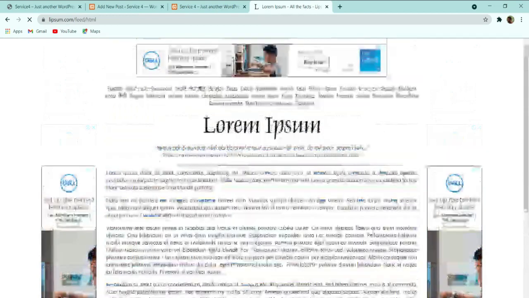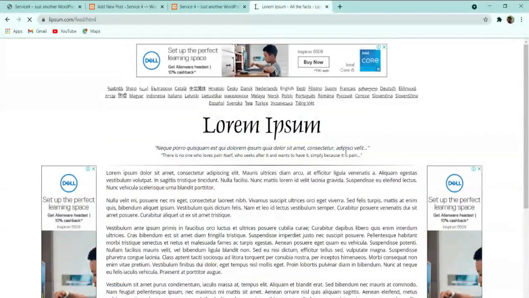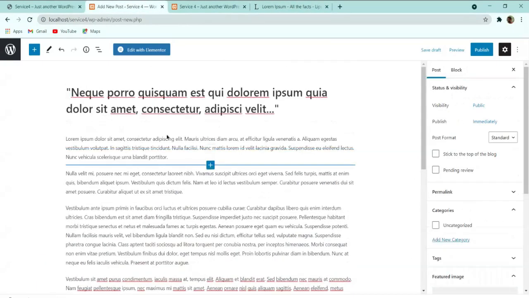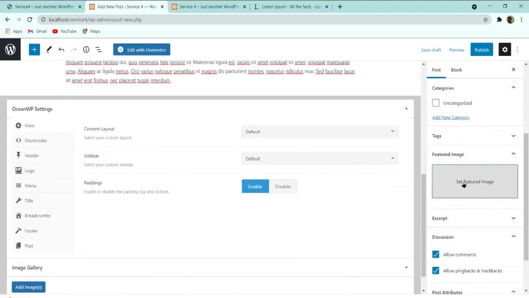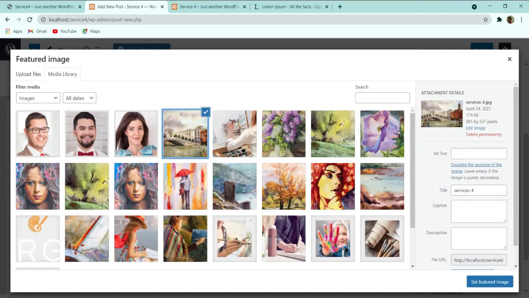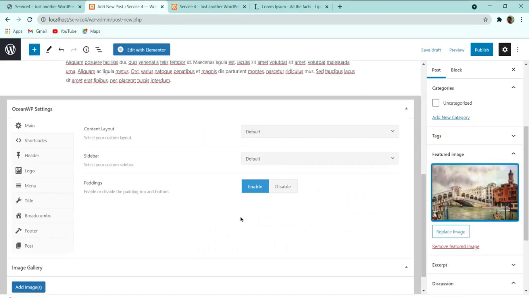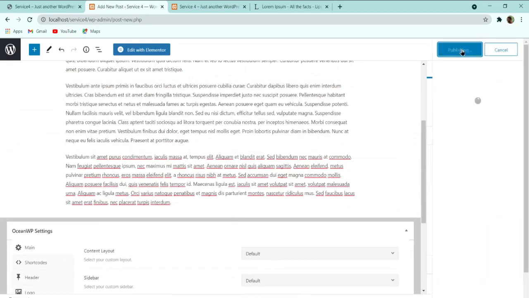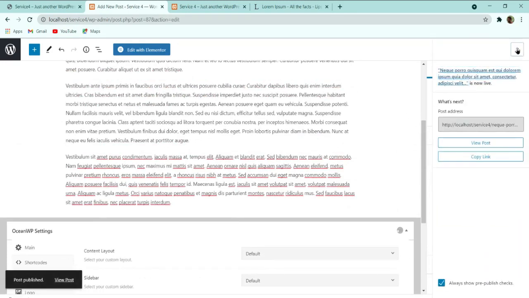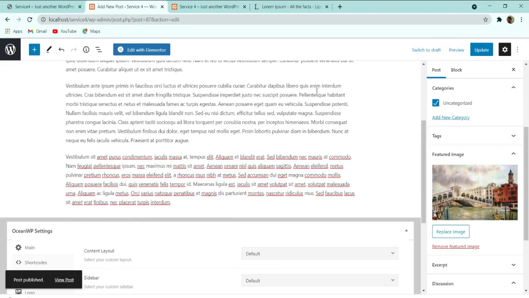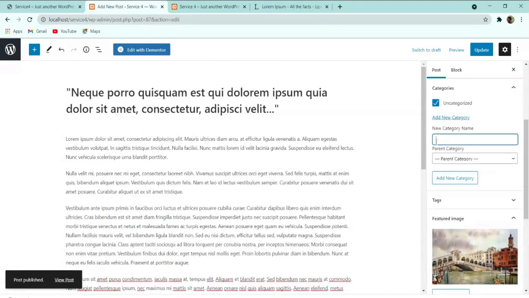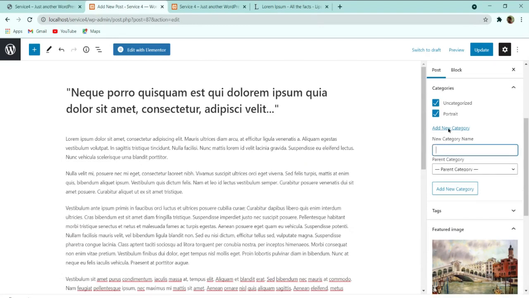After that, here we have to paste a title. So let me copy this title from here and add the title, and then let me add a featured image, so I can use any of these images as a featured image, and then I will make it publish. Here you can give any category if you want. Suppose you want to give it scenery, or if you want to give a category of portrait, and then add it.